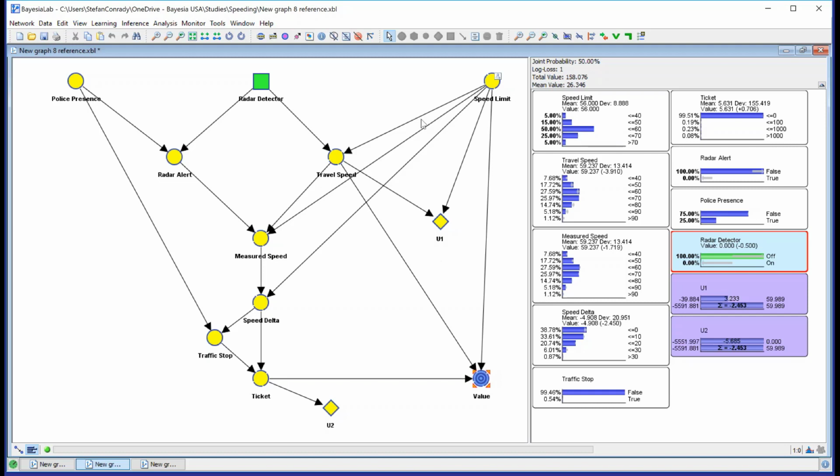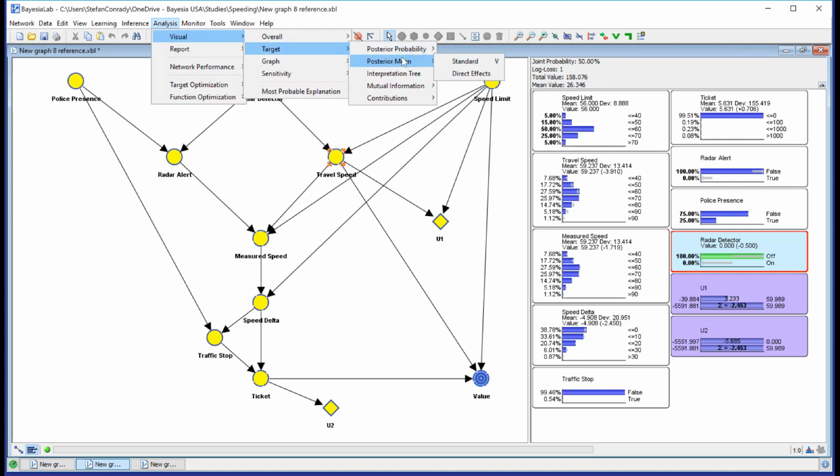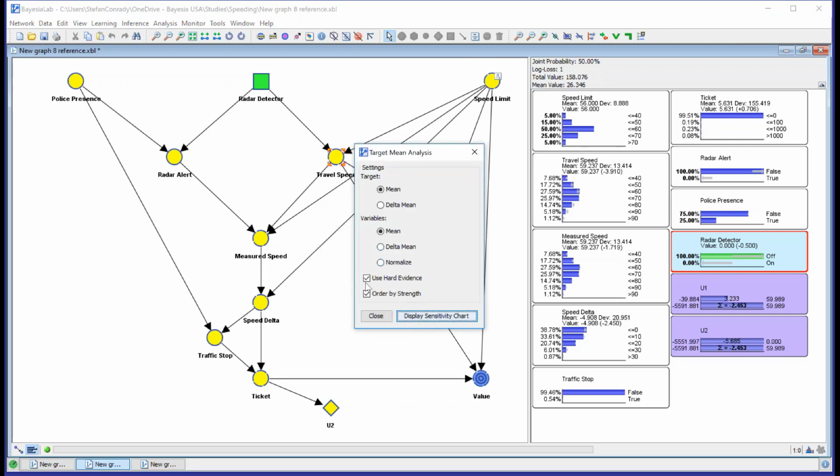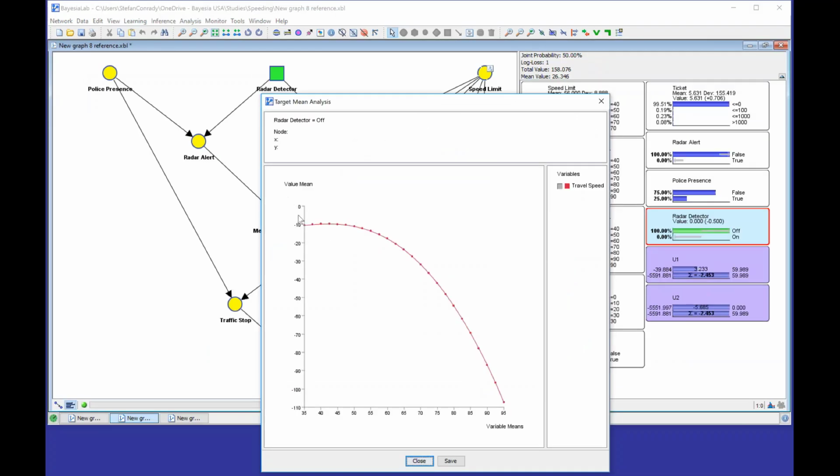So what I want to know now, I have set radar detector to off, and now I want to see how my travel speed affects the value to my organization. I select travel speed and now run a target mean analysis with standard effects. And here is what we get.